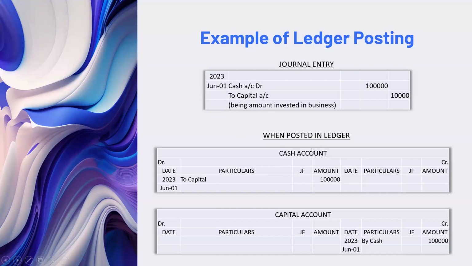The first entry would be the cash account. So this is the heading of the ledger posting, cash account. Always start with the heading of the account, cash account, which you can take from here, and the date has already been mentioned here. So this is the debtor column, right? Cash account debtor. In the debtor column, you have to mention the particulars, to capital, and journal folio is